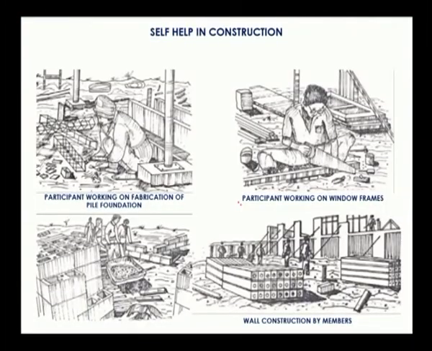Even though a lot of funds come from abroad and different organizations help financially, these are the sources of income for the growth of the communities, and self help in construction takes place next. Once all this motivation happens, these people are trained to build their own house: the carpentry work, wooden work, plumbing, joinery, the RCC construction, brick infilling, preparation of window frames. The technical details involved in construction of the houses are taught to the people, and individually people work within the site to develop their own housing models.